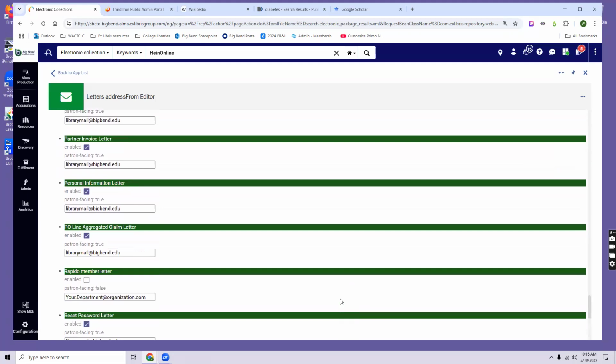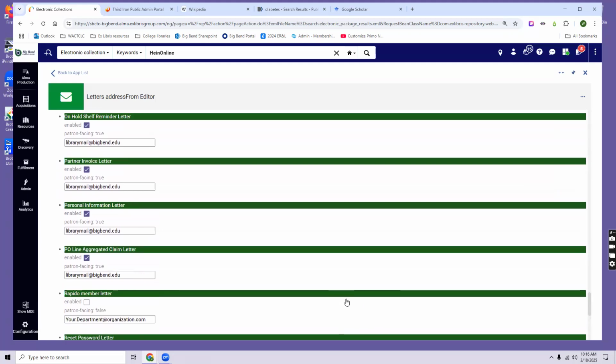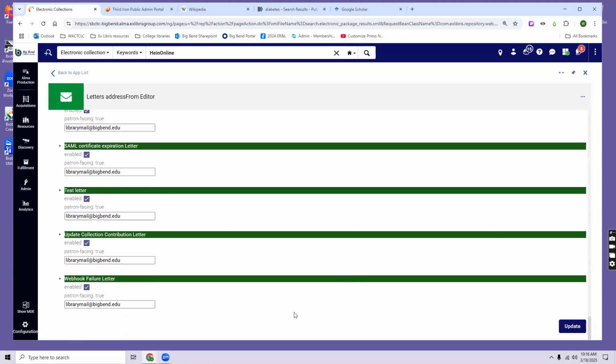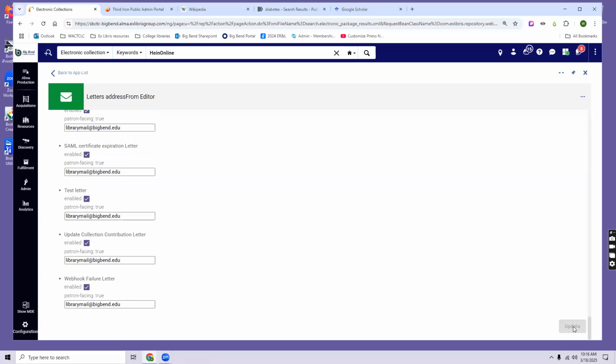Yeah. So very quickly, we've disabled ones that were like, yeah, we definitely don't need those. We've updated library mail into ones where it's useful, and boom. So, yeah, that's fancy. Isaac notes that there's a possibility that email addresses in letters are hard coded, which is entirely possible, which